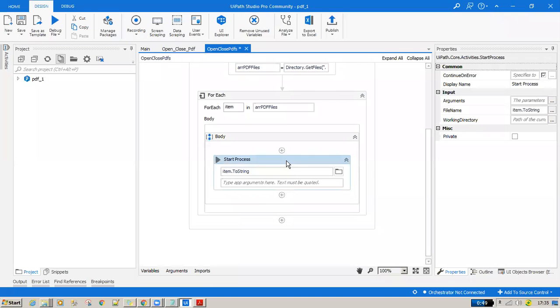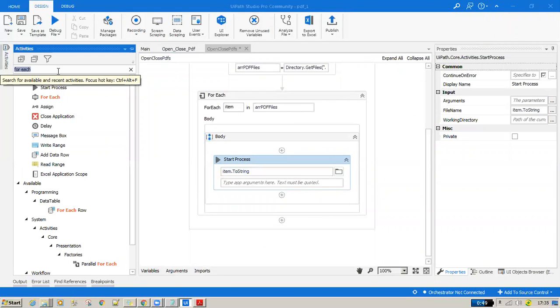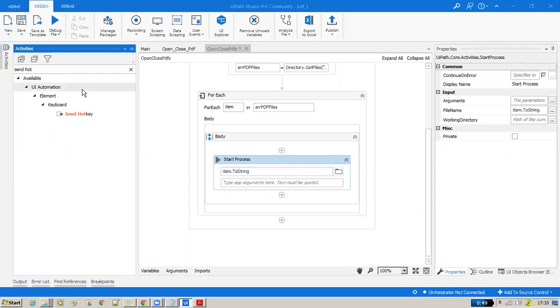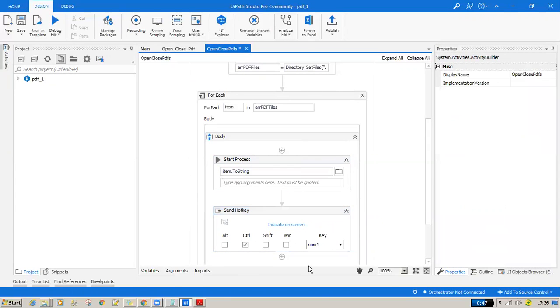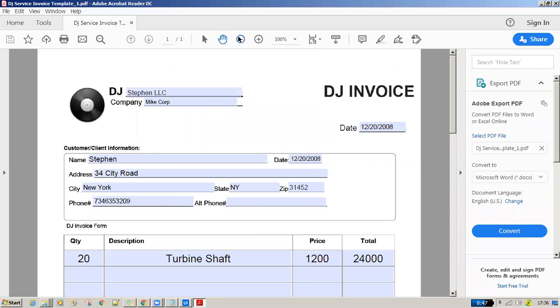Till this point we have opened the PDF, so now the next step is to use the hotkey. To perform keyboard level hotkeys in UiPath, we have an activity called Send Hotkey. Here you have your combinations: Alt, Control, Shift, and Windows, which we combine with a key, number one. So I am giving the combination of Control plus 1, which means it will reset the zoom to 100% whatever the percentage.